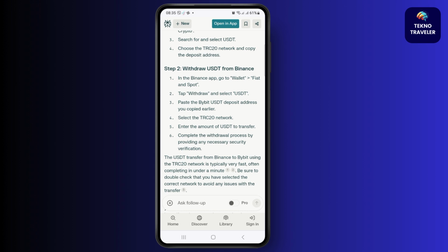The USDT transfer from the Binance to Bybit using the TRC20 network is typically very fast, often completing in under a minute. Be sure to double check that you have selected the correct network to avoid any issues with the